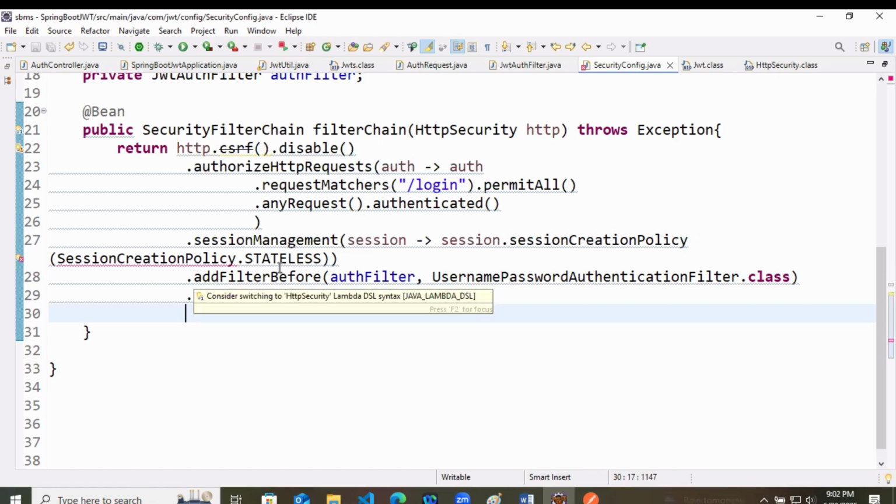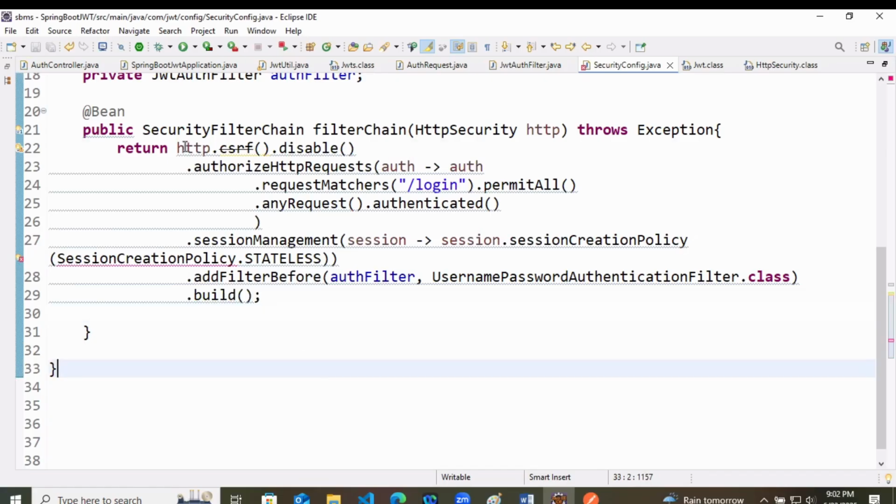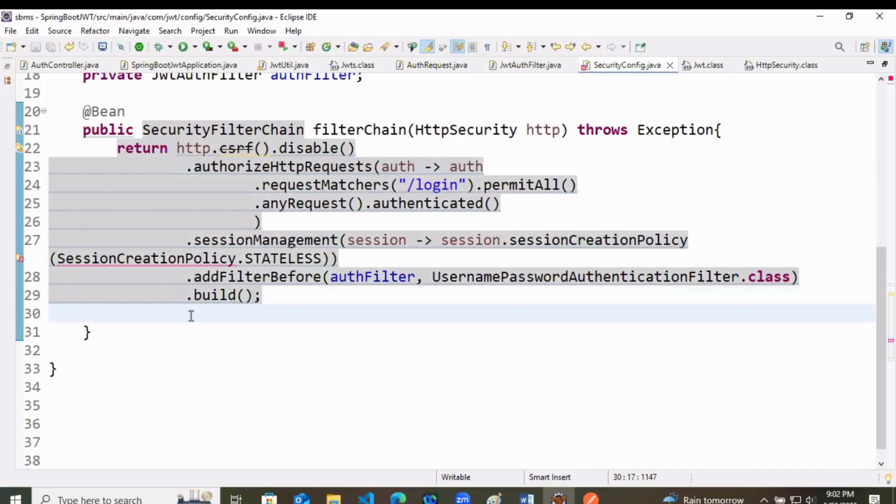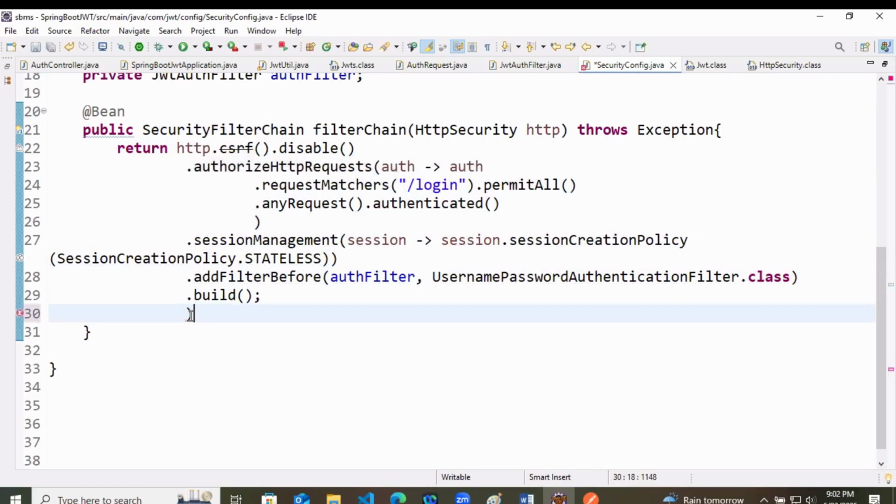Wait. We'll just check. There is some indentation error only. Code was correct. So here disable, then authorize, to find where it is getting over. No, that was correct only. But this method should return something. Why is it throwing an error?